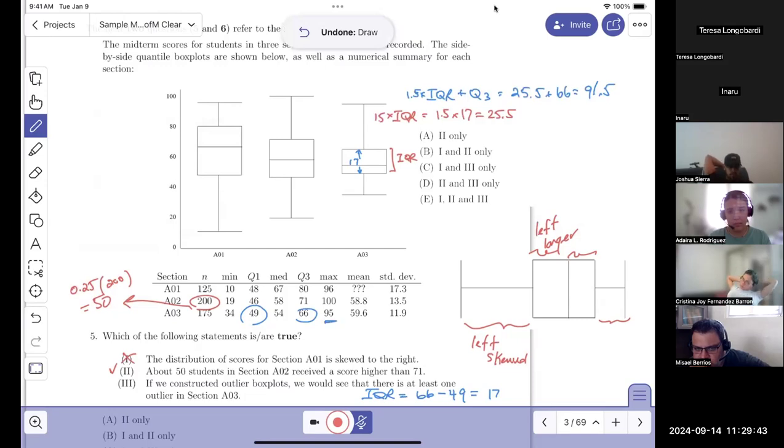It means we're going to end up about here, and there's going to be some left over. We don't see the data, but because 91.5 is under the maximum of 95,